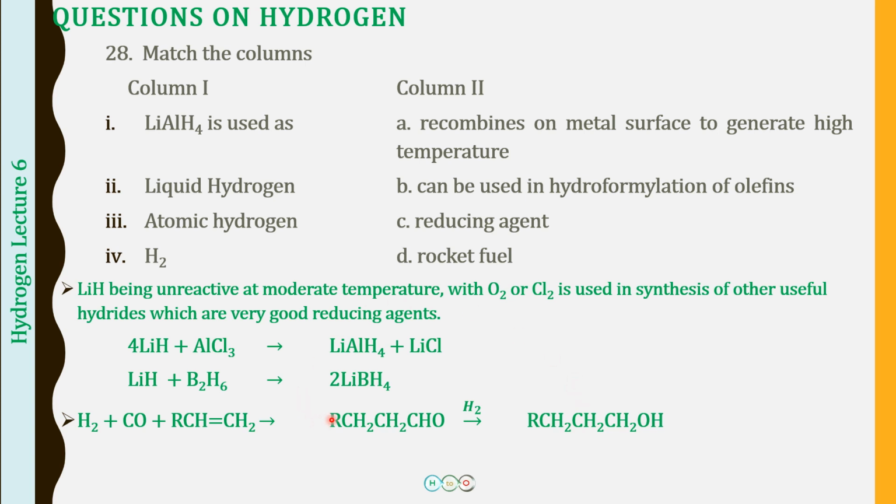So first we have hydroformylation of olefins into aldehyde, and then on further reduction with hydrogen we will be getting an alcohol. Here when we are reducing this with H2, just one more reaction, let us talk about that also. When an alkene or an alkyne reacts with hydrogen, it is again an addition reaction, and the unsaturated compound gets converted into the saturated compound. The alkynes and the alkenes will get converted into the corresponding alkane, and this is again one of the uses of hydrogen, in the hydrogenation of oils, converting vegetable oils into ghee.